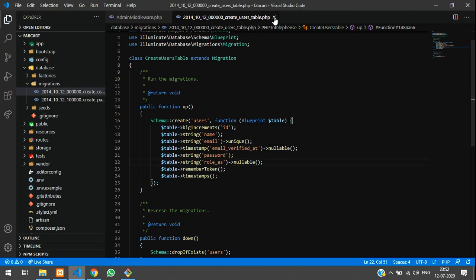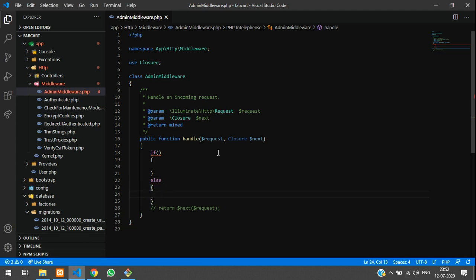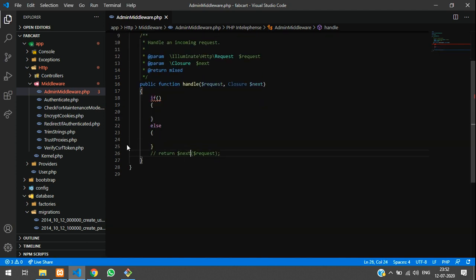So let me close this user table, and this is our middleware which we have created now. I'm just going to comment this, and let us begin with the if condition, where if it is admin, login, else if it's not admin, log out, move out to the normal thing. So let us take this inside and paste over here, uncomment this, and if he is normal, return